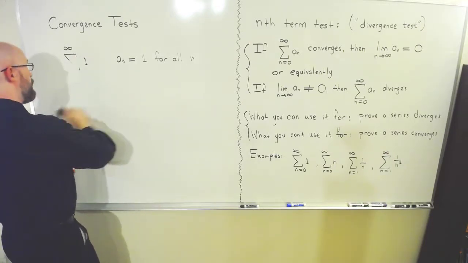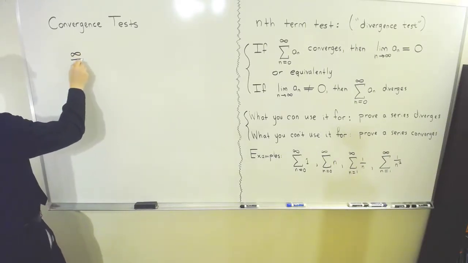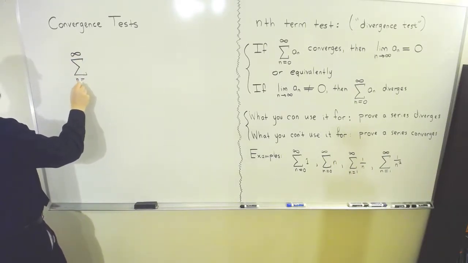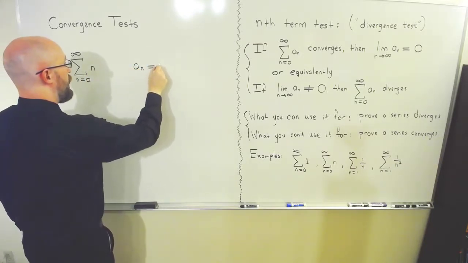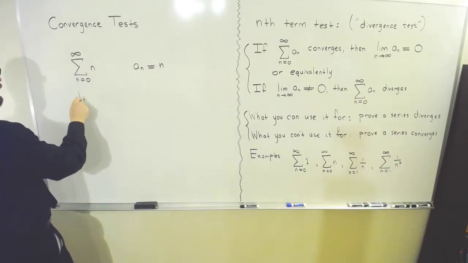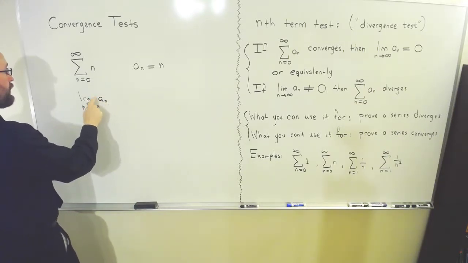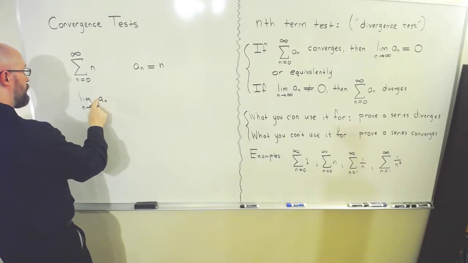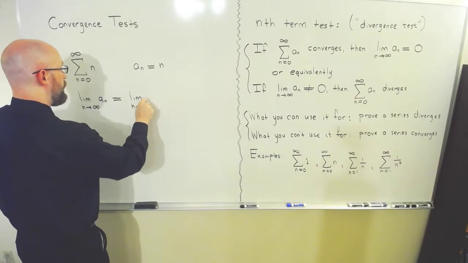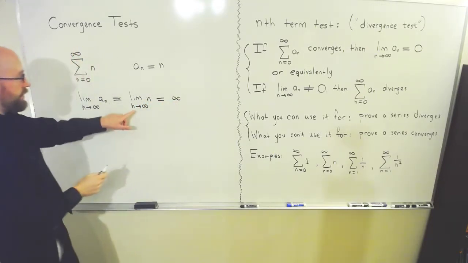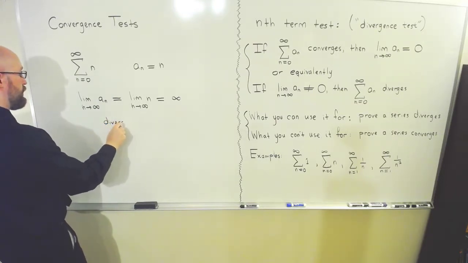And then the second example is even worse in terms of how it diverges. This is the sum from n equals 0 to infinity of just n. And here we have the nth term an equals n. And so the limit as n goes to infinity of the nth term an is just equal to the limit as n approaches infinity of n, and that's infinity. N is going to infinity. So we can conclude that this diverges